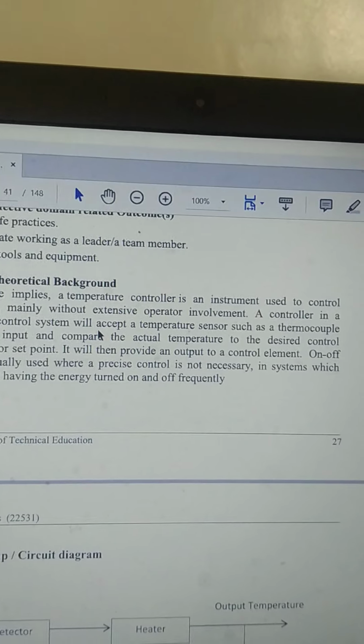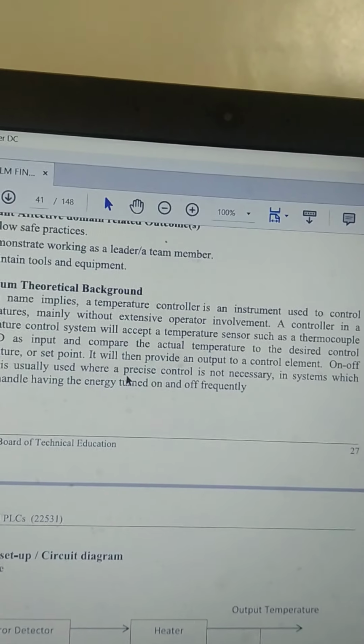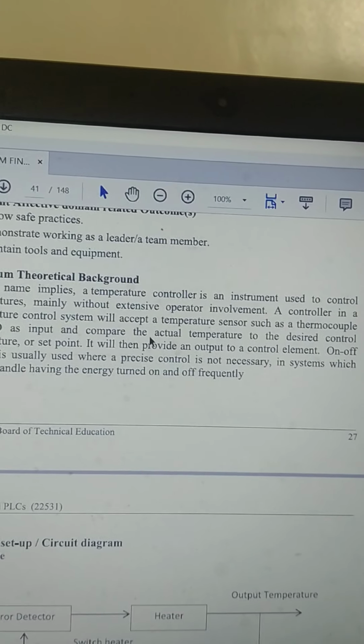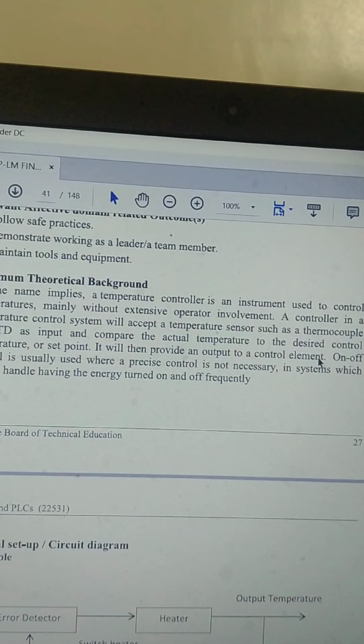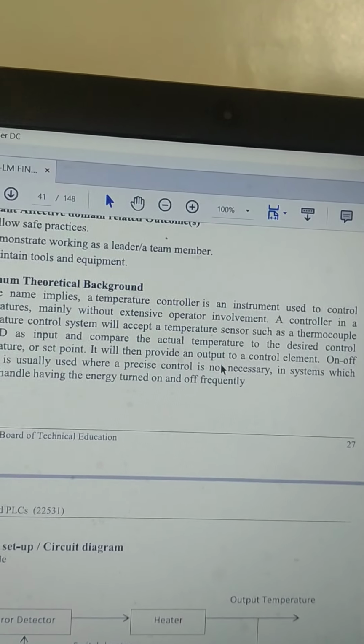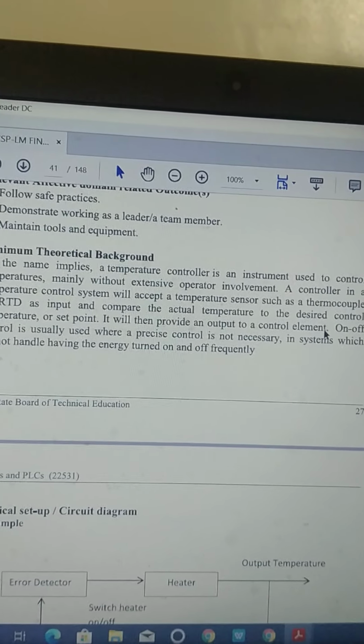In this controller, an RTD or thermocouple is used as input, and it will compare the actual input to the desired value and provide an output to the control element.